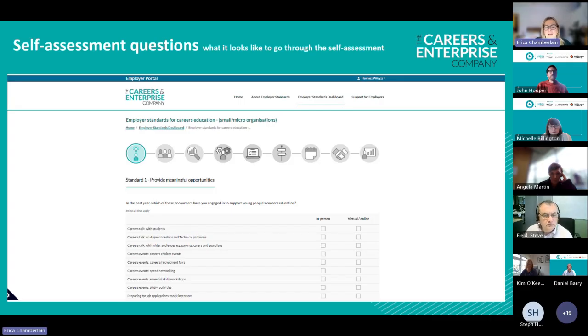When you assess as well, it's important to say, and we'll take you through this, there is a different self-assessment questionnaire depending on whether you are an employer who is a sole trader or a micro or small business, so up to 49 employees, who would be given one self-assessment. Then there's a second self-assessment for medium and large employers. That's just so that it can be tailored to the fact that you might have slightly different setups in the way that you run your business.